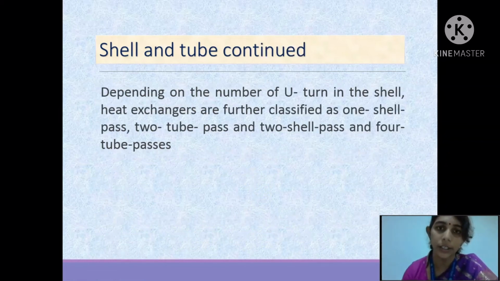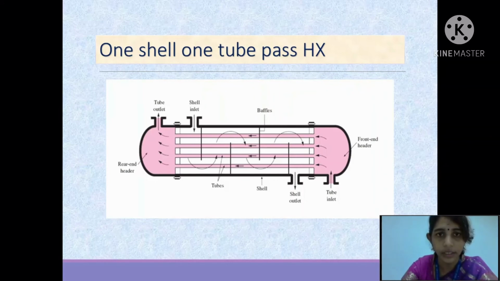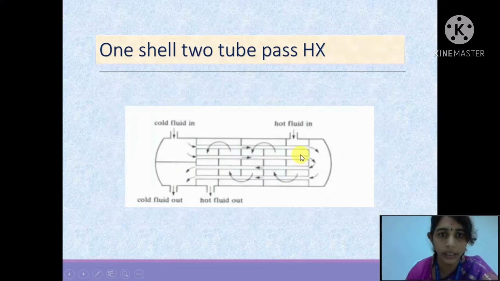And again, these shell and tube exchangers can be classified as 2 tube pass, 4 tube pass, single shell pass or double shell pass based on the number of U-turns. Okay. Now looking at this, this is a 1 tube pass. The tube inlet is like this, it enters like this and it leaves out. There is no U-turn. Whereas looking at the next figure, here you see the cold fluid enters inside the tube, comes like this, takes a U-turn and comes out like this. Likewise, again the cold fluid enters this second tube, takes a U-turn and comes like this. So it is called a 2 tube pass. There are 2 U-turns, so it is a 2 tube pass.